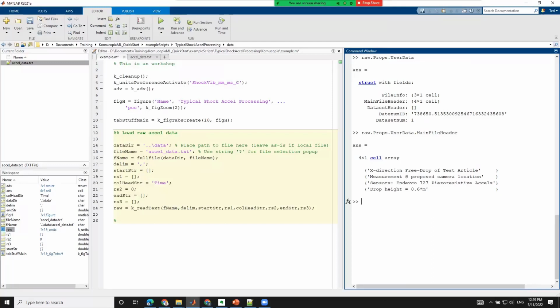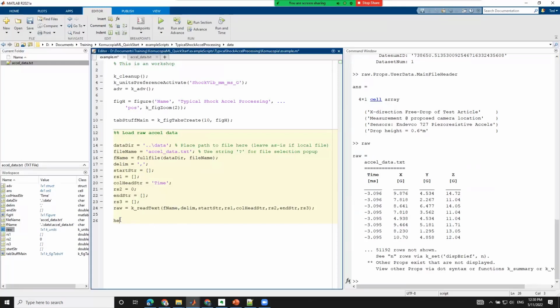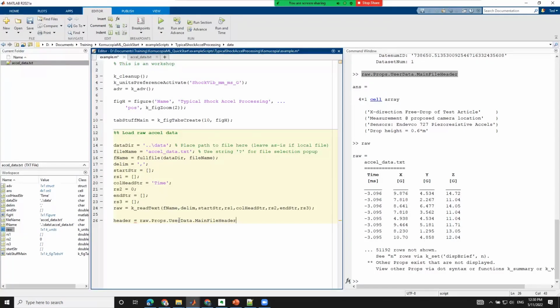We want to get that main file header because maybe we'll add that to the description of our variable, to give a better description than what we currently have. The current description just says the name of the file. Well, what we can do is something like this. All I'm doing is delving into the properties of the variable raw, getting this cell array, and setting that to some variable named header. And now I'm going to change